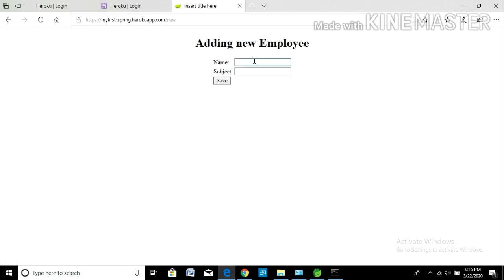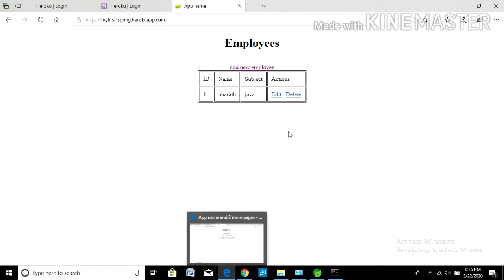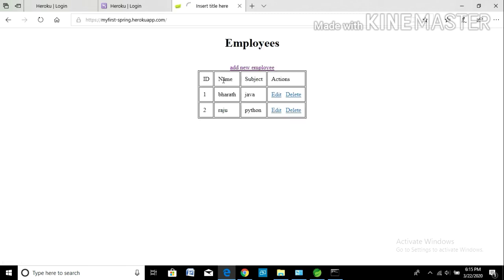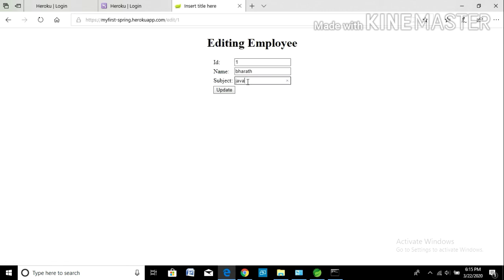Now just try adding a new employee. Yes, it's working, and add one more employee also. Now try to edit one employee, to see whether it is reflected in the database or not.